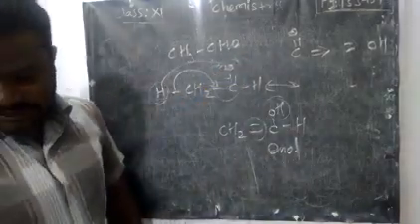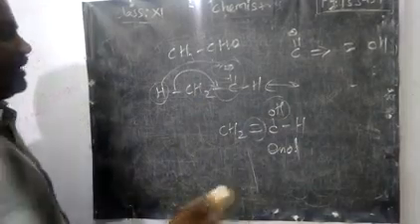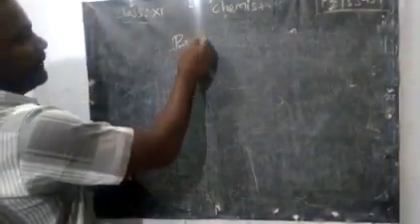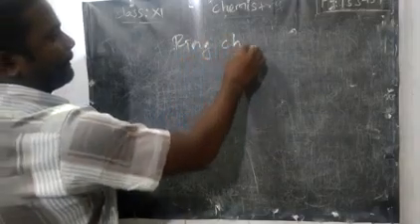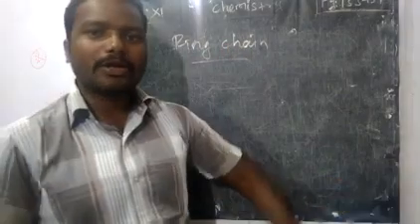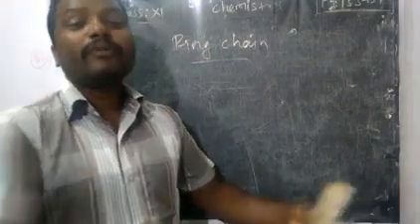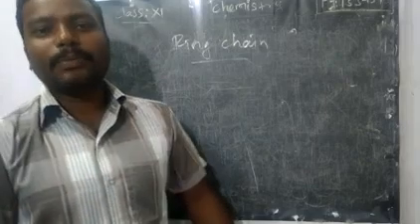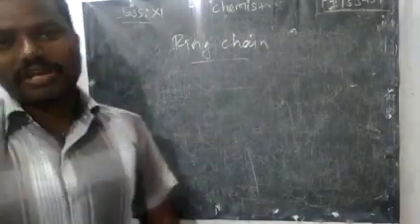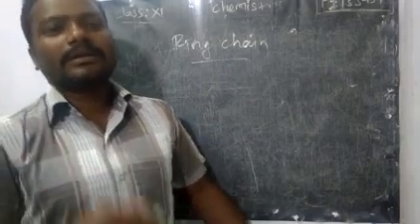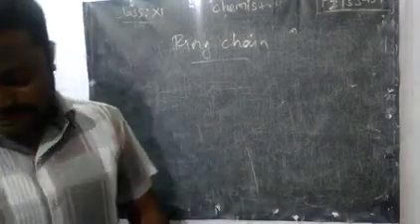Next, we are going to see ring chain isomerism. What is ring chain isomerism? See, a linear chain may be converted into a cyclic compound, or we can write it in another format as a cyclic compound, which means we can say that is ring chain structure. Other definitions are the same: same molecular formula, different physical and chemical properties, right?